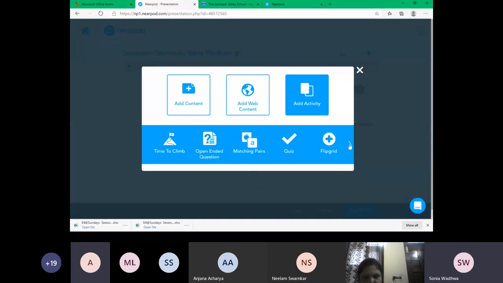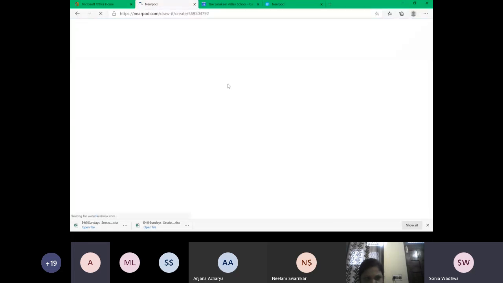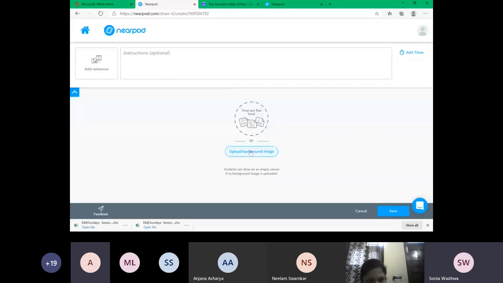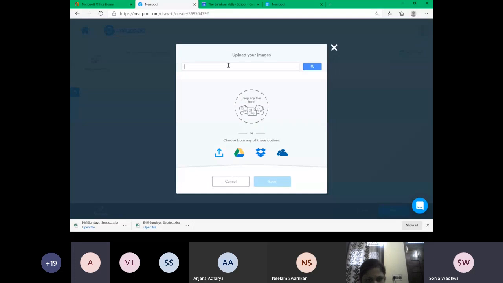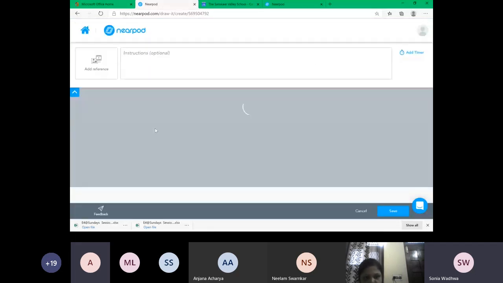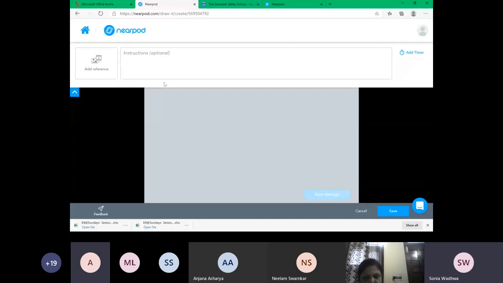So for example, you give them an image. Let's say I go to draw it. This is interesting, so I want to show you this. I want to do a draw it activity, and here I'm uploading an image. So I'm again selecting an image, let's say the same image, computer devices. Let's say I pick up this particular image, and then I want the child to circle the input device which is used to play computer games. So this is my main screen.